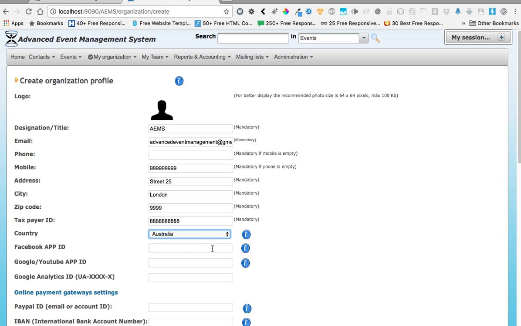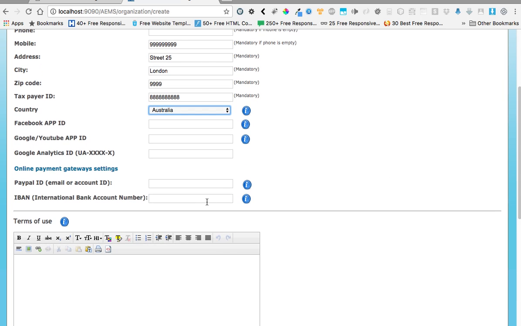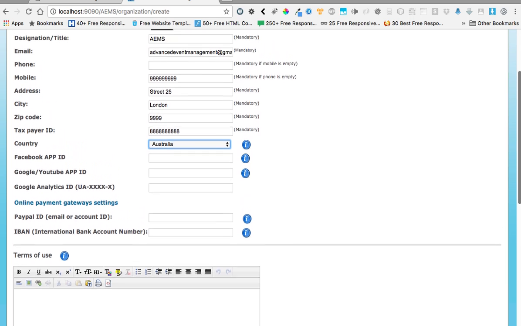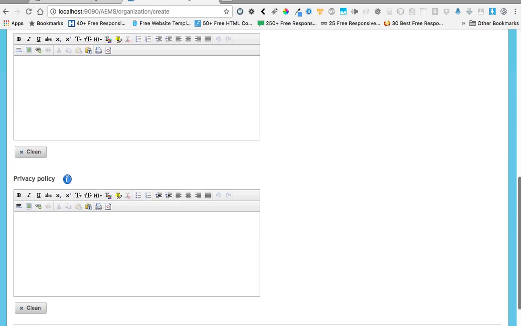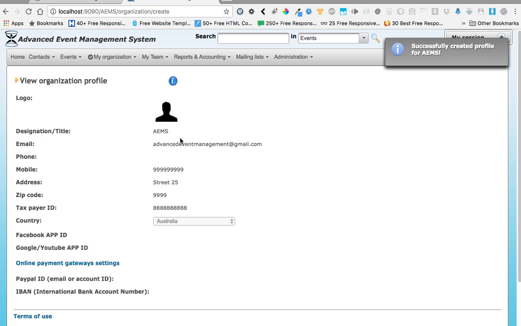You don't need to fill any of these, the Facebook app ID or the YouTube app ID. It's already handled on the app. And if you want to allow online payments like PayPal, you should also provide your PayPal ID and your international bank account number if you want to manage payments on your app. But this is really advanced. I'm not going to show you this at the moment. It's safe to create a basic organization profile,